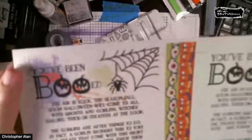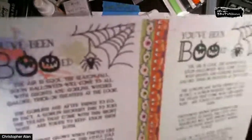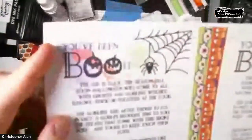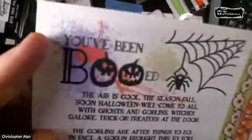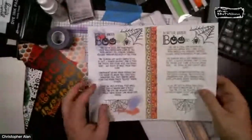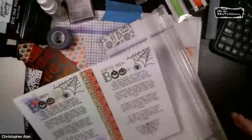See those? I gotta get the lighting better. I promise you, once I'm in the new studio, there's gonna be so much lighting, it's gonna be like the surface of the sun. There we go. See those tick marks? They're all the way around. So the way those tick marks work is, and I think that lighting might be actually a little bit better,